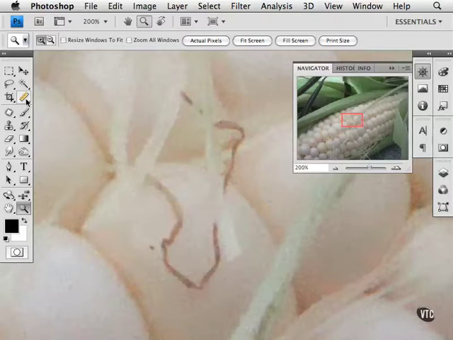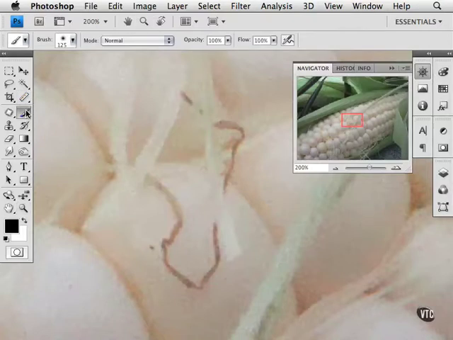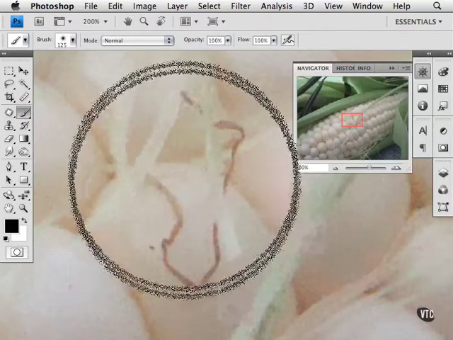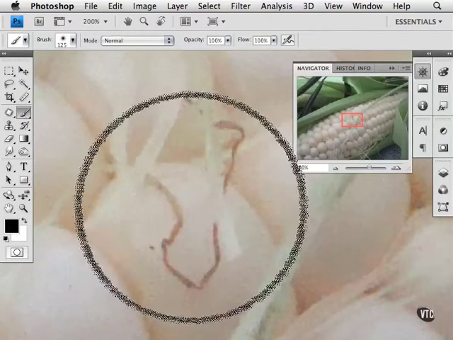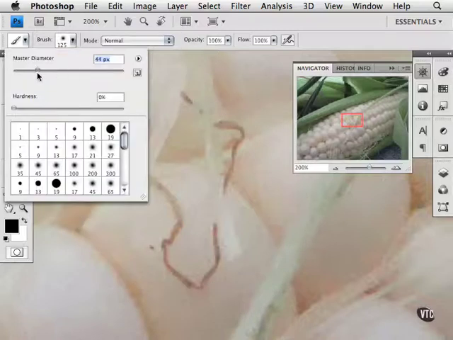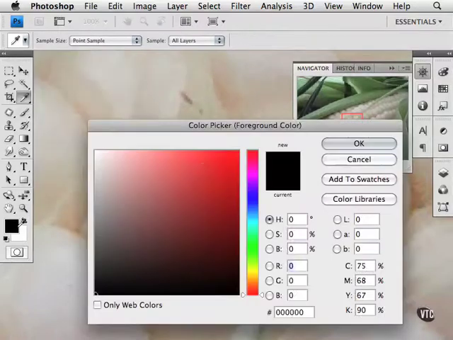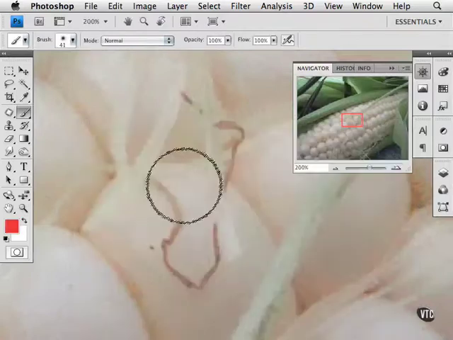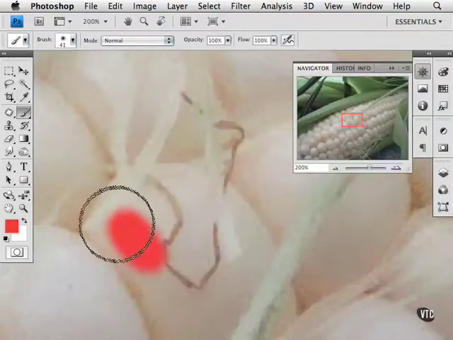So I'm going to go ahead and grab a different tool. I'll grab a brush. Let's say that you want to paint with the brush tool and change the color of this kernel. Well, I'm going to change my brush size, and I'll change the color, something like red. And what I could do is paint,